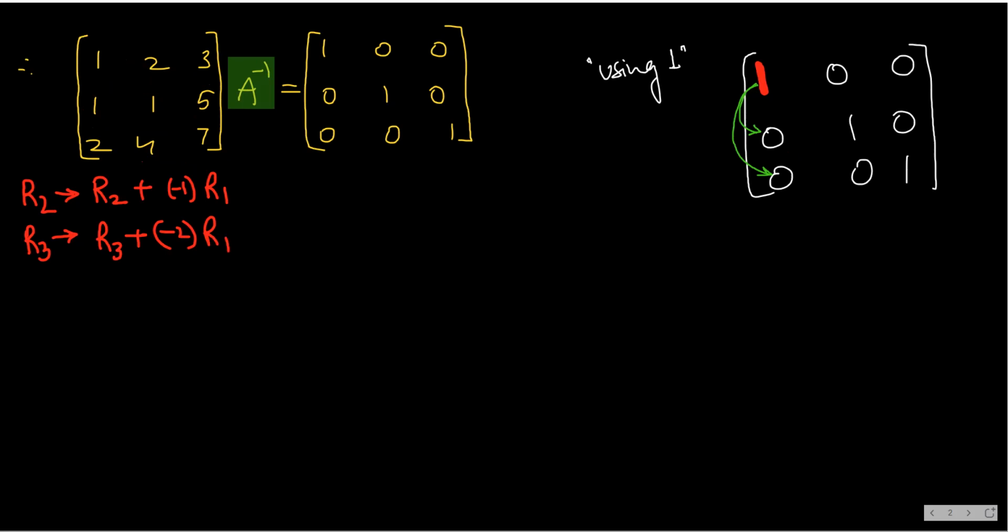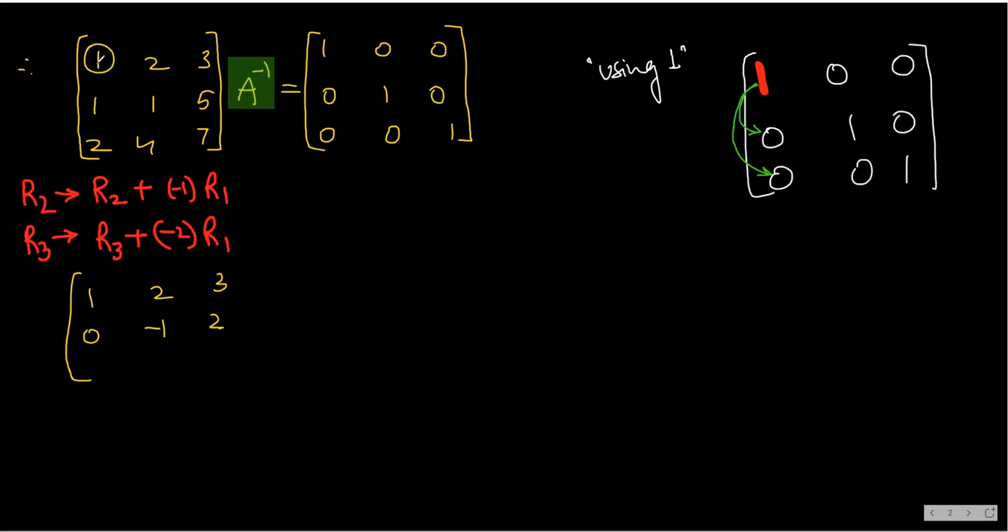So I will now apply this. So here, see what we get. R1 does not change: 1, 2, 3. R2 will change. How is R2 changing, students? You are multiplying minus 1 to R1 and then adding it to R2. Okay, let's do it. So see, when you multiply minus 1, this will become minus 1. So minus 1 plus 1, 0. Multiply minus 1, this will become minus 2. Minus 2 plus 1, minus 1. This will become minus 3. Minus 3 plus 5, 2.